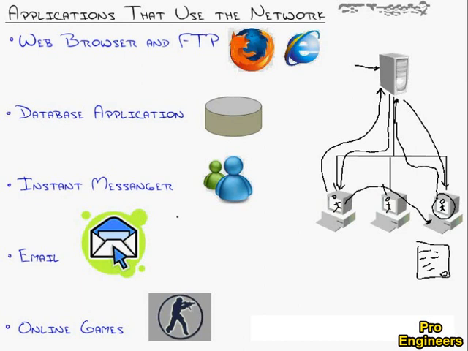Email has changed the world, wouldn't you say? I mean, it's one of those things that it's almost like an organization is lost without email now. No longer can they wait for the post service to deliver the contract or the message. You just want that information emailed over to you. That is a server-client system where a user sends an email that stays on a server somewhere until that other user opens their email client, which goes to that server and says, I would like my messages, and it's delivered to them, and they can see all the messages that have been sent across the network to them.